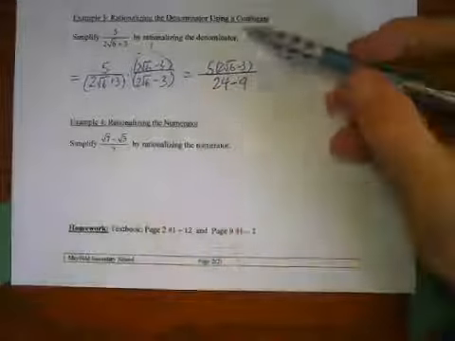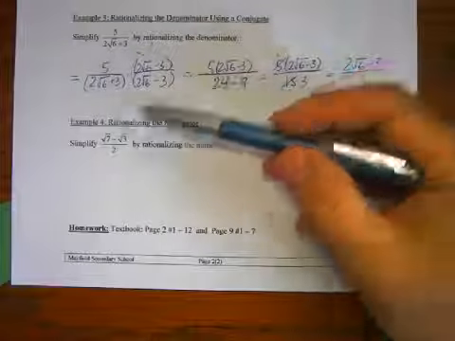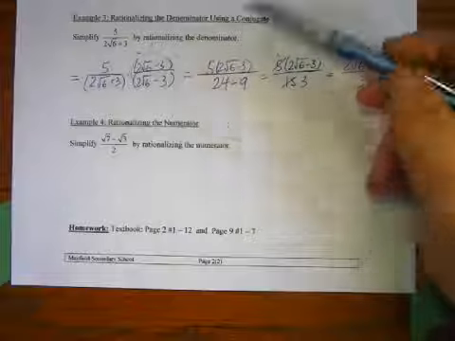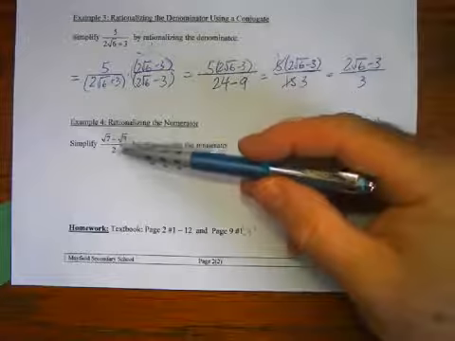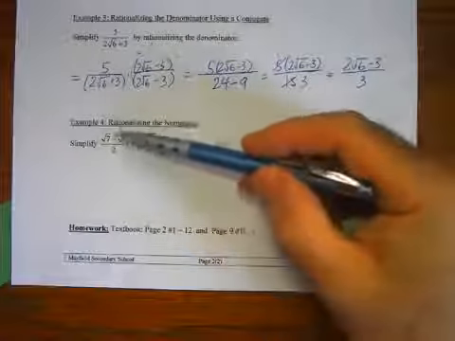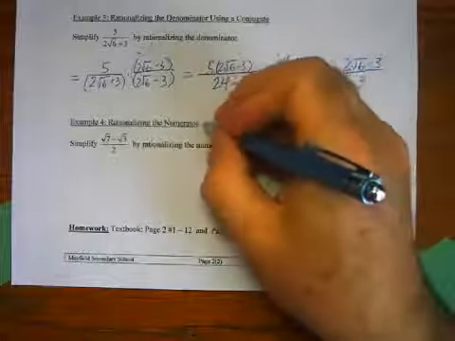Okay, now this last one, if you look at the instructions, it's kind of different. It says rationalize the numerator. Now, why would we need to do that? Because math people don't really care. This would be fine. But the reason why we're doing this is